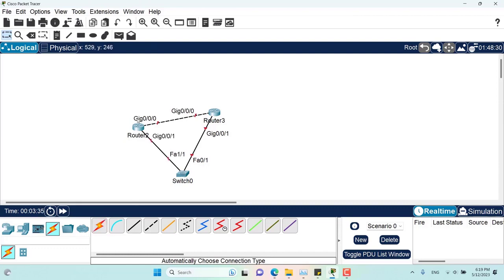As you can see, port gigabit 0/0/0 is used on this side, and port gigabit 0/0/0 is used on this side. So it will be very helpful for me to have this